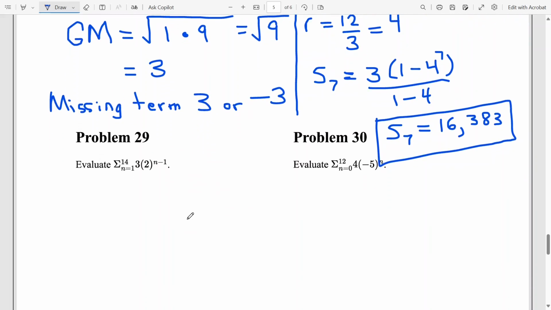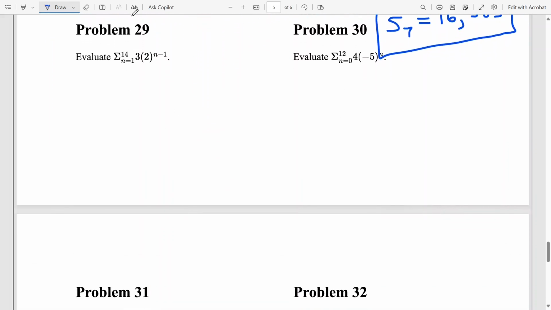Let's look at problem 29. Evaluate from n equals 1 to 14 this expression 3 times 2 to the n minus 1 power. So this is the sum from n equals 1 to 14 of this expression. So we need to know the number of terms. Since we start at 1 and we go to 14, there's going to be 14 terms. We need to know the first term,